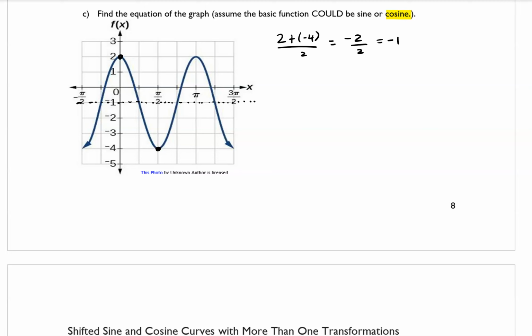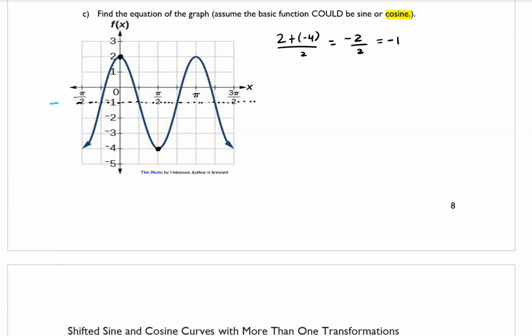So if -1 is kind of the center vertically, that tells us a couple of things. Normally the center is at 0, so the graph was shifted down 1 unit, and then that also tells us